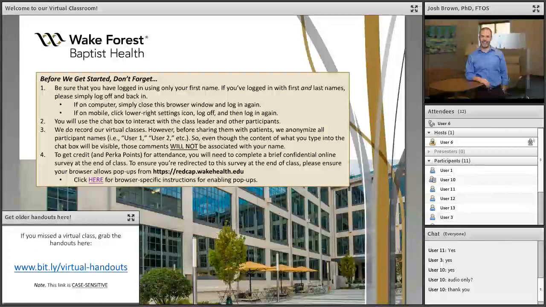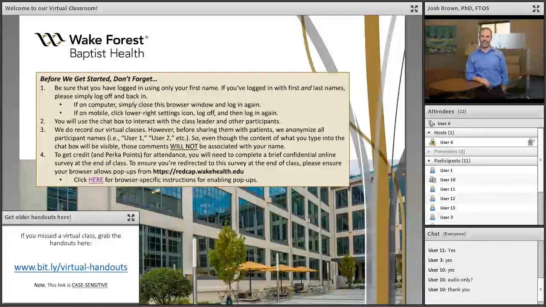If you're on a computer right now, you can click on that link and it will open up in a separate browser window and you can access all of those handouts. If you're on a mobile device, and it looks like two of you are, you're not going to be able to click that link.